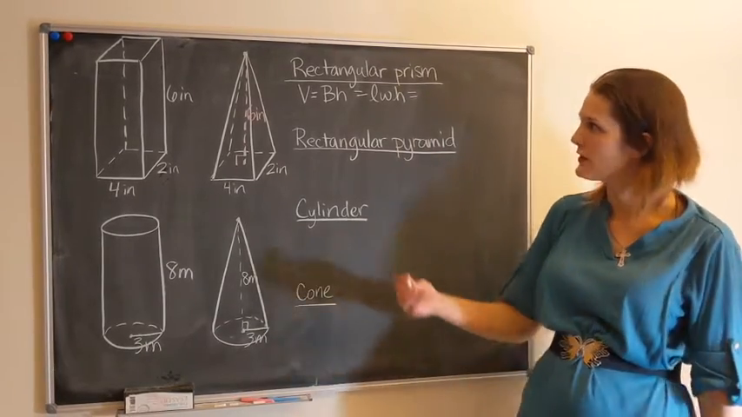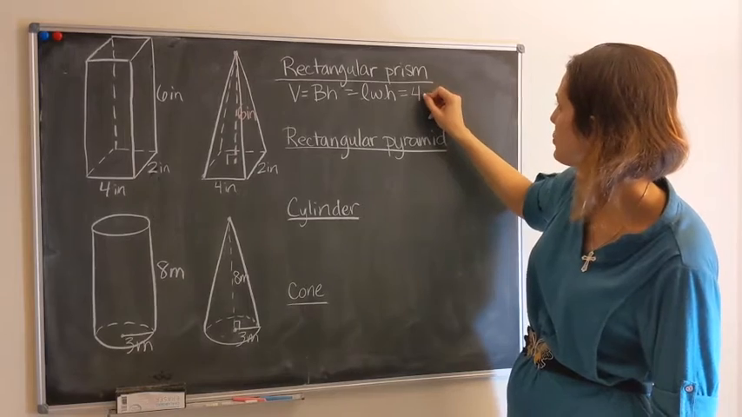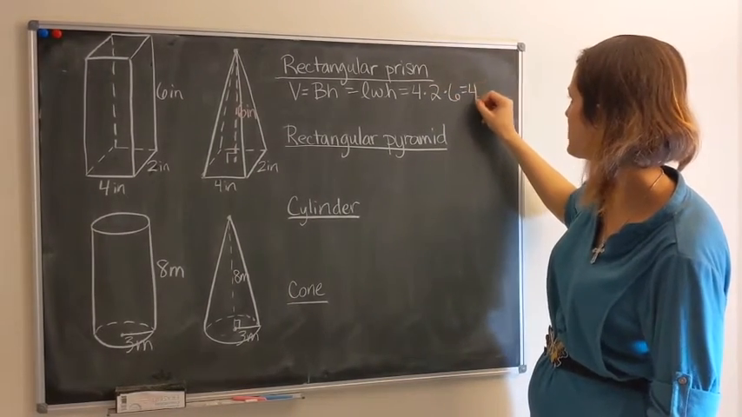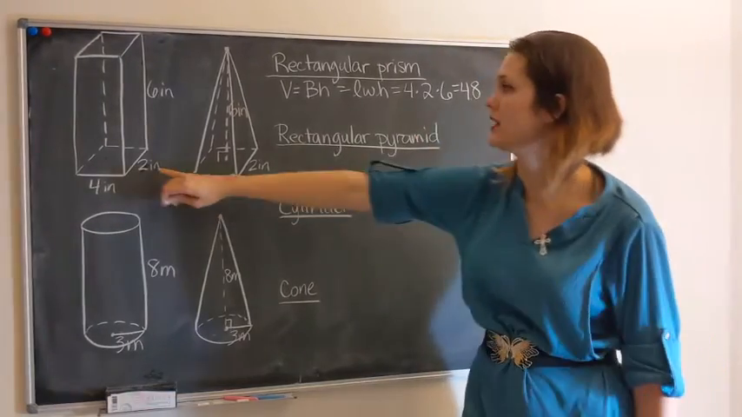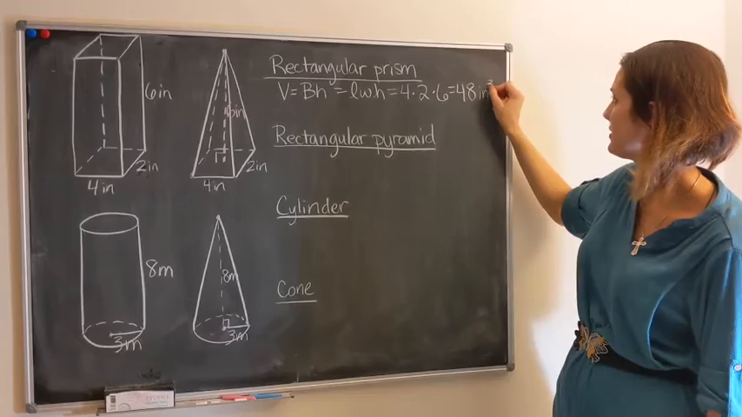So to find that volume, we just multiply our length times width times height. So 4 times 2 times 6, which gives us 48. And our units of length are inches, so we keep those but make them cubic since this is a measure